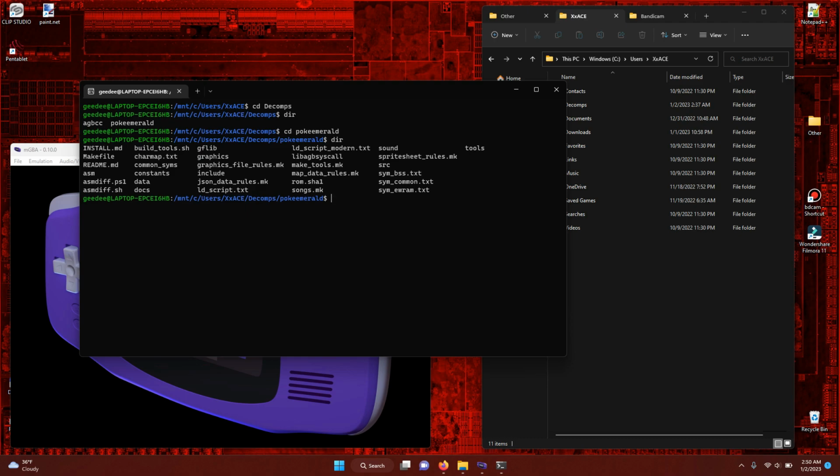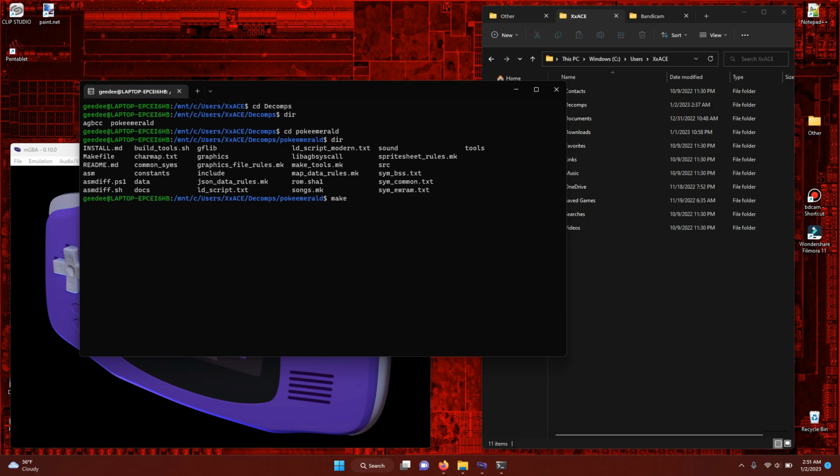Now it's time to build the ROM, and this is the part that will take the longest amount of time. The first time you build it is always the longest. Once you rebuild the ROM after you have made any changes, it will not take as long. This is because when you first compile it, it has to go through and take all the graphics, all the scripts, all the items, all the Pokemon. It has to build everything and load it into the ROM. So, we are going to type make,